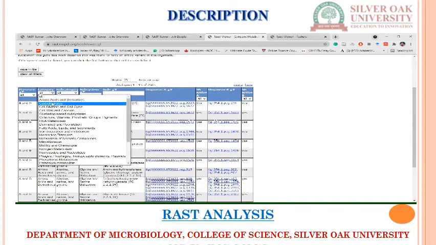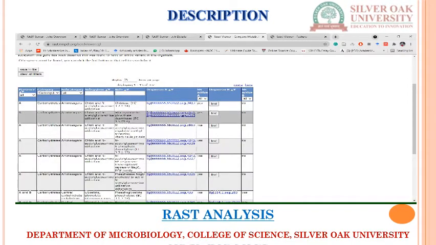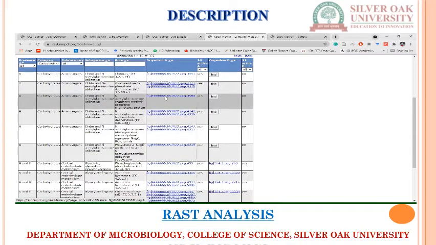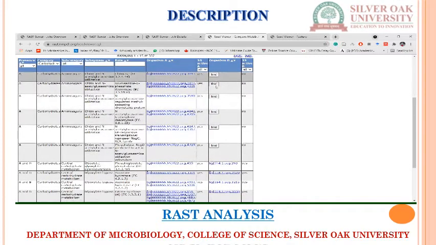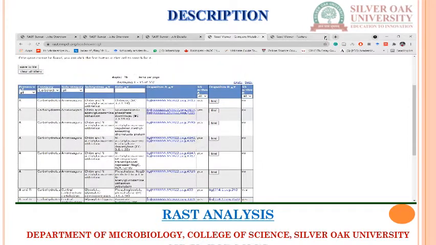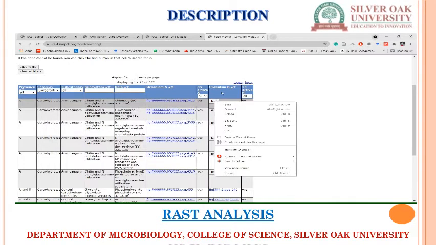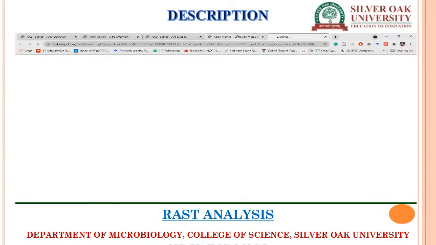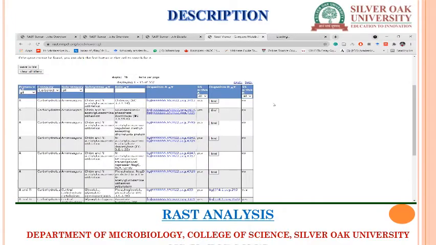If I click on carbohydrates, amino sugars, which are present or not. So amino sugars here in organism A, that is Klebsiella, is present in Klebsiella, but it is absent in organism B, that is our Azotobacter. If we want to find out, then click on the find button. That will take you to the next page.